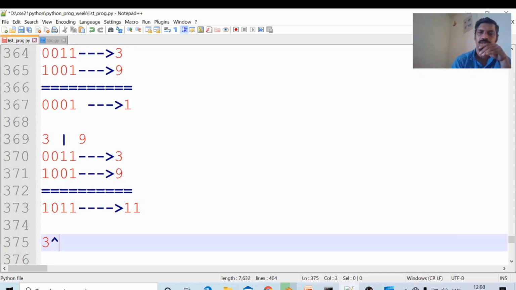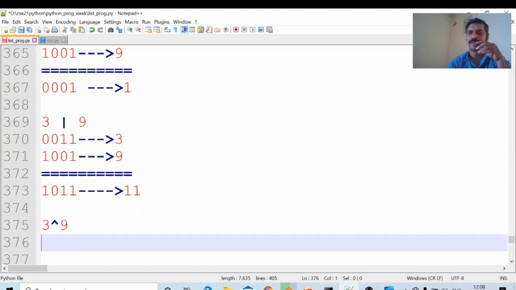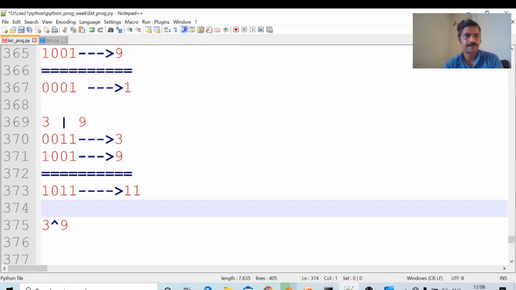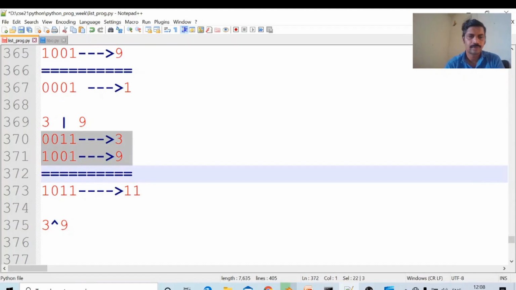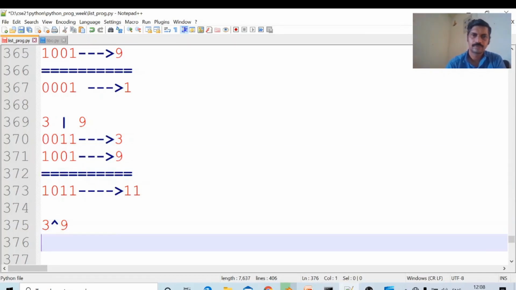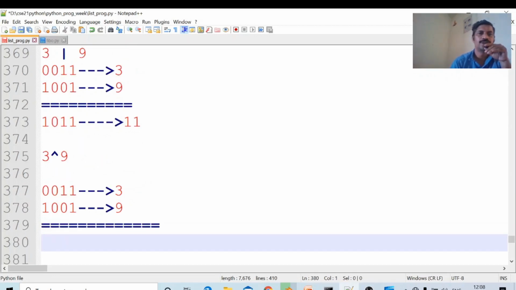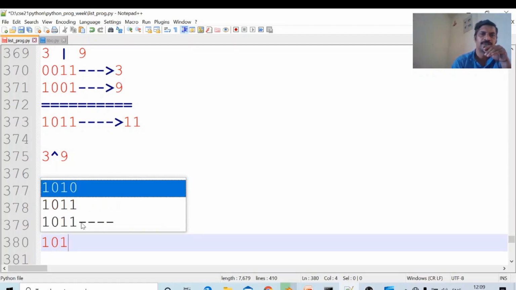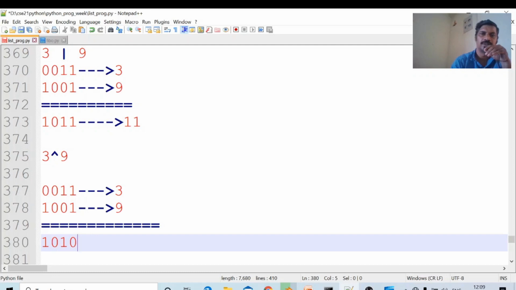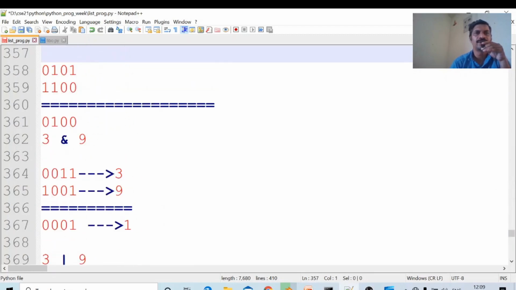You may try other values also. 0 XOR 1, the result is 1. 0 XOR 0, 0. 1 XOR 0, the result is 1. 1 XOR 1, the result is 0. Okay, this is about XOR. What is the value 1010? The result 1010 is 10.